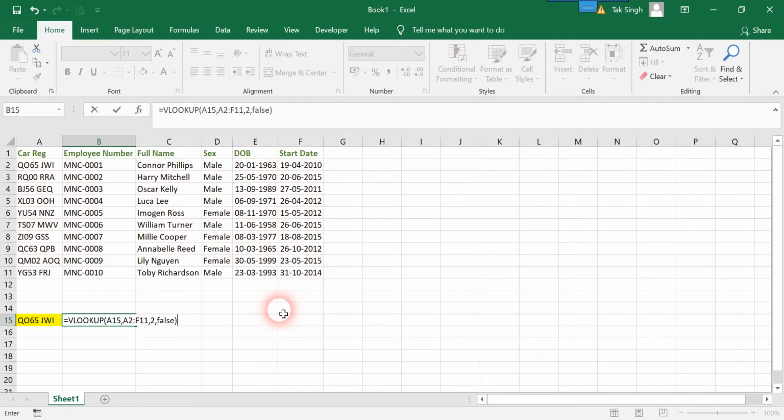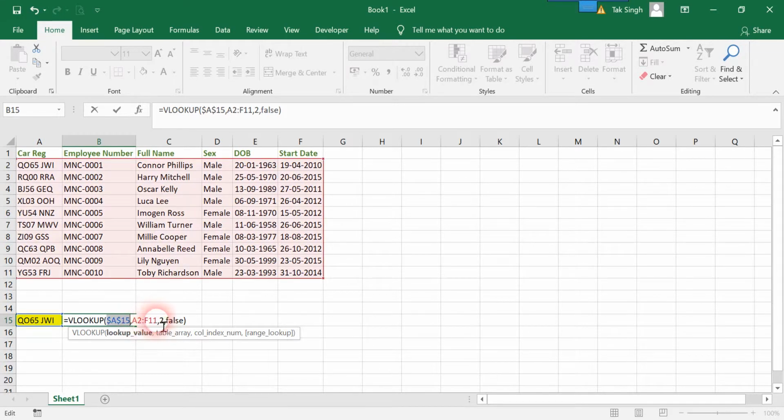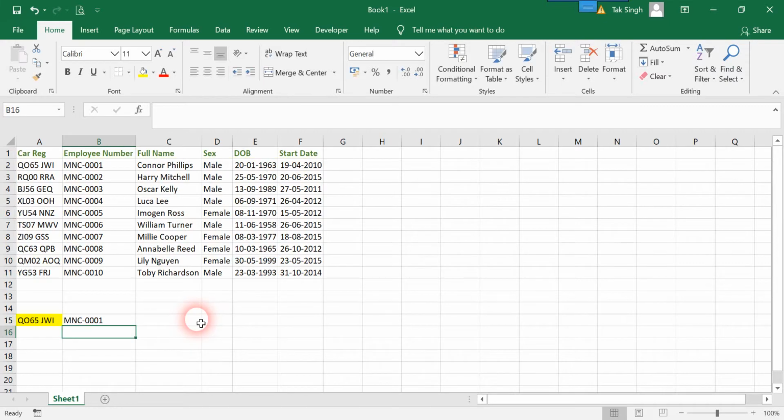Now since I'm planning to apply this along the row, I will make sure that I make this an absolute reference, as well as this, and 2 and false, and now enter.